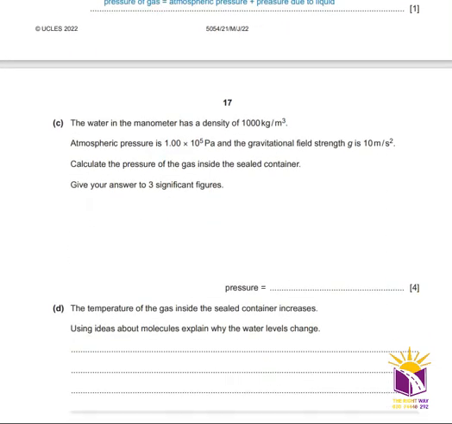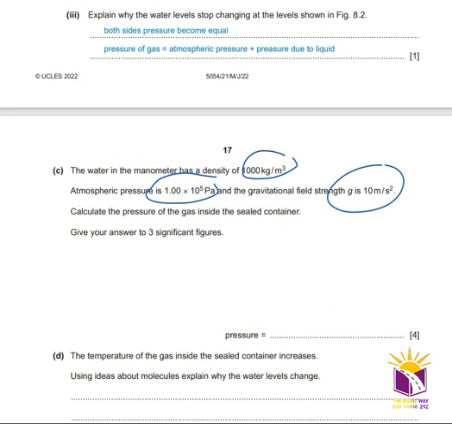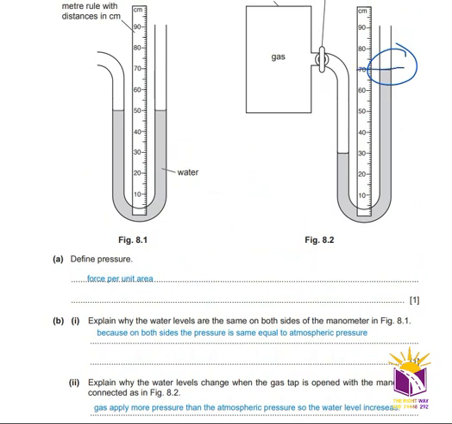Okay. Part C. The water in the manometer has a density of 1000 kg per meter cube. Atmospheric pressure is 1 into 10 raised to power 5 Pascal and the gravitational field strength g is 10 meter per second square. Calculate the pressure of gas inside the sealed container. Give your answer to 3 significant figures. Now we know that by this formula, pressure of gas will be equal to atmospheric pressure, which is 1 into 10 raised to power 5 plus pressure of liquid. The pressure of liquid will be equal to rho g h. So 1 into 10 raised to power 5 plus rho, mean density, which is equal to 1000. Value of g is 10, and height. The difference between the height will be equal to 70 minus 30,